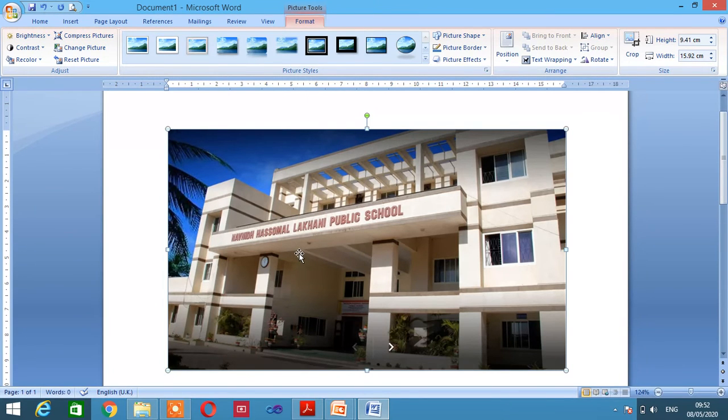After inserting the picture, now you can resize it. You can change the color, change the border of it. You can change the shape of it. It means you can apply formatting on the picture. So how to resize the picture? Resizing means to change the length, height and width of the particular picture. So how to change width and height of picture?